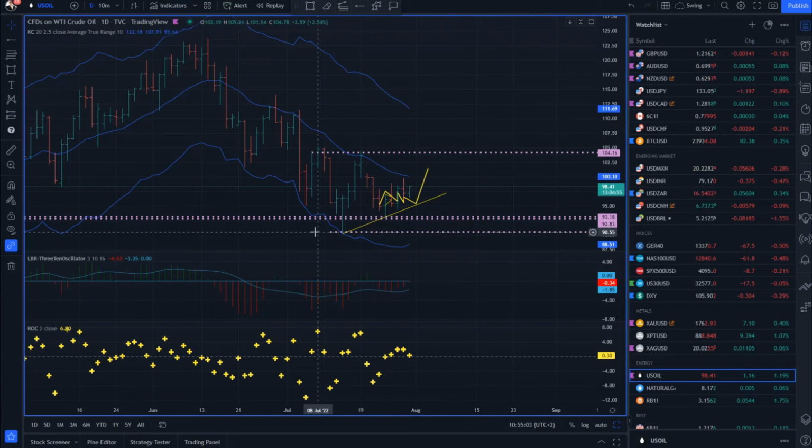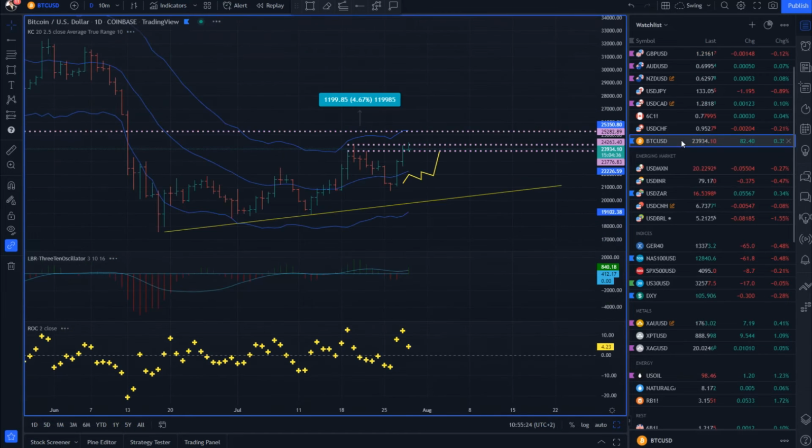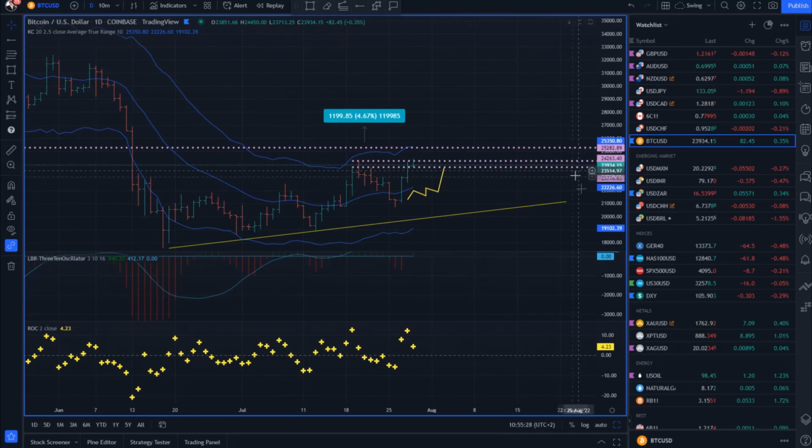Speaking about the crude oil, it's still building higher lows, and it's a very tight consolidation. Again, if we can clear this pin bar high at 99.75, we can open the door for 104.15. So again, it's still in consolidation, but if markets start to clear the 100 level, then watch for buying opportunities on intraday dips. And speaking of the Bitcoin versus US dollar market, the Bitcoin managed to retest